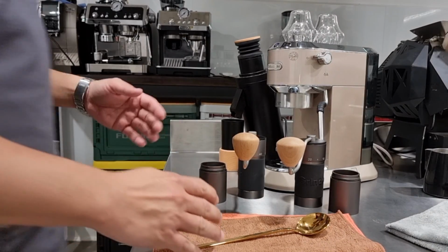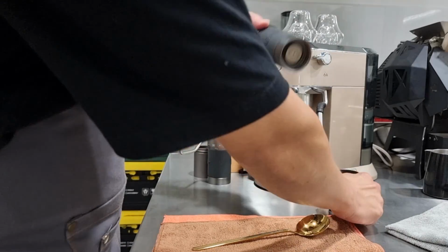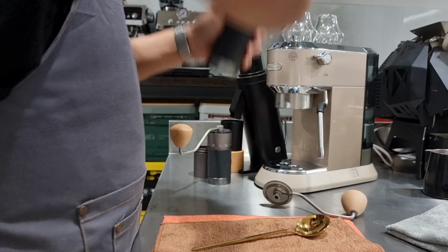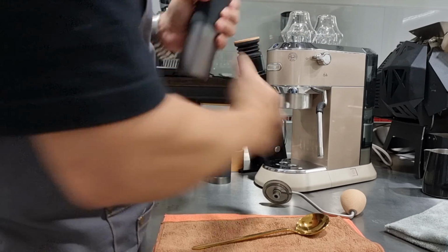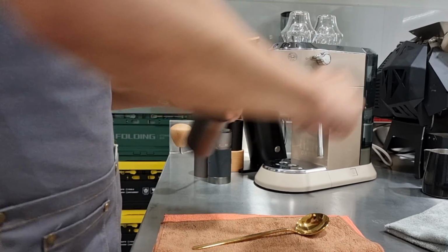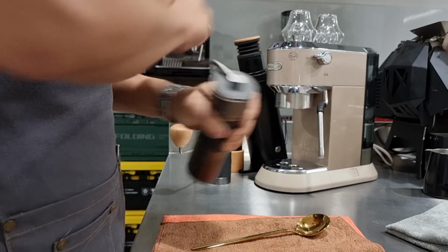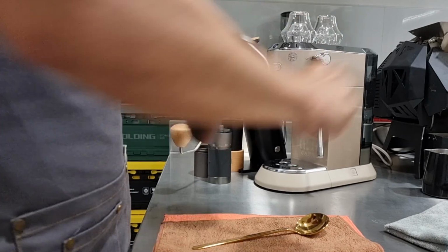So I pre-measured 15 grams of coffee each, and I'm going to start with the K4, and I'm going to count the number of clicks. Right, let's go for it. 1, 2, 3, 4, 5, 6, 7, 8, 9, 10, 11, 12, 13, 14, 15, 16, 17, 18, 19, 20,